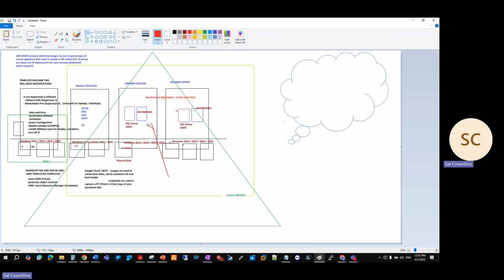So we have our two databases. Here's one, here's two. Obviously this is going to be synchronizing at the same time, so you're going to get a lot of that information. You're going to have a publisher here. Within here, you're going to have your publisher,